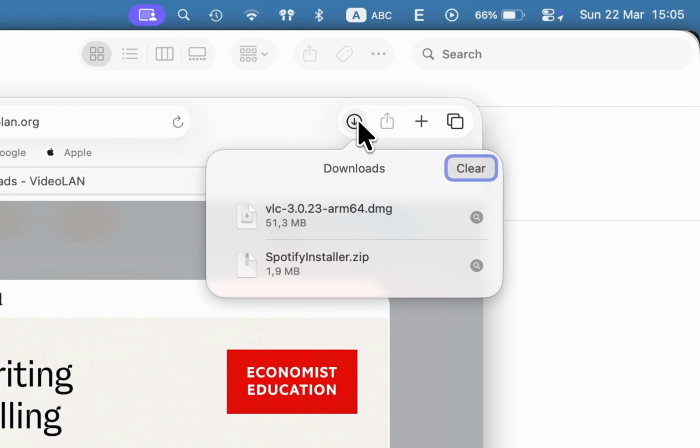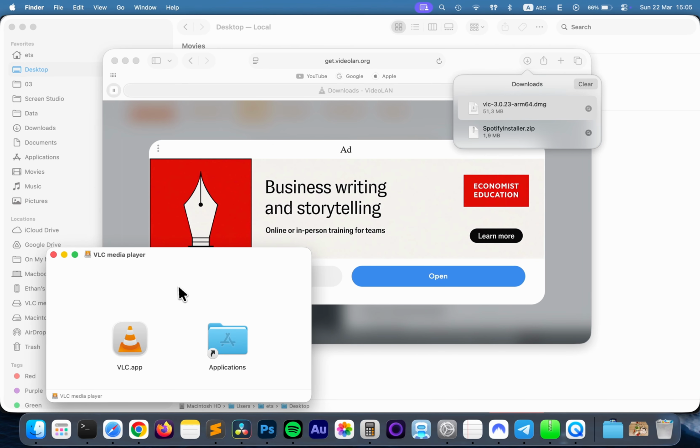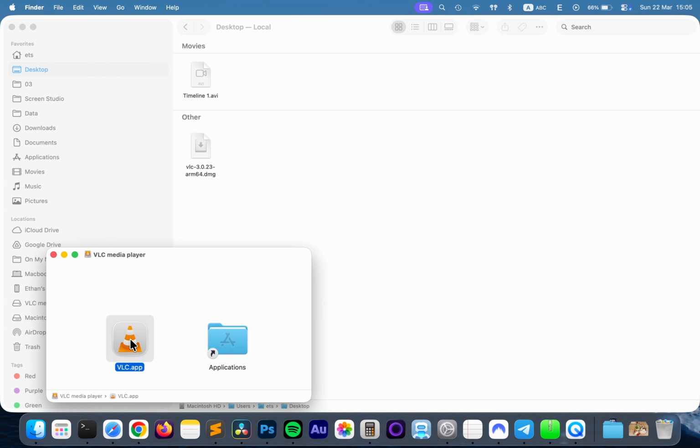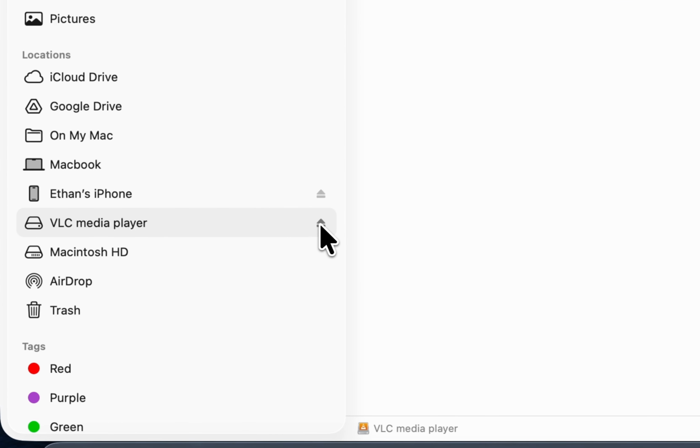After the download is complete, double-click the downloaded file to start the installation. A new window will appear. Simply drag the VLC icon into the Applications folder and you're all set. Finally, click the eject icon next to the VLC disk image in the Finder sidebar to remove it since the